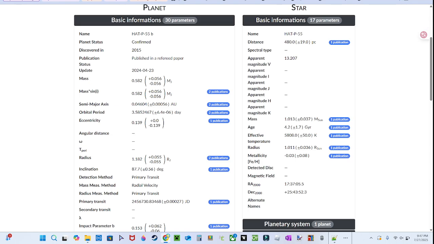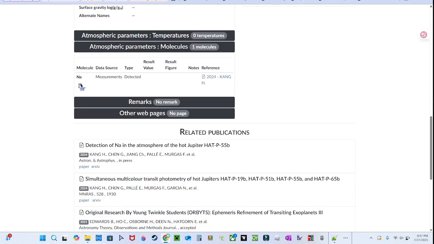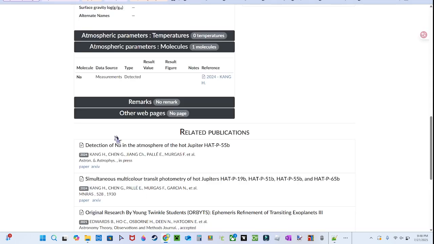So, and I'm gonna check if it's a gas giant, and so it's just sodium, I guess. So that is a Neptune. Okay, so next up,